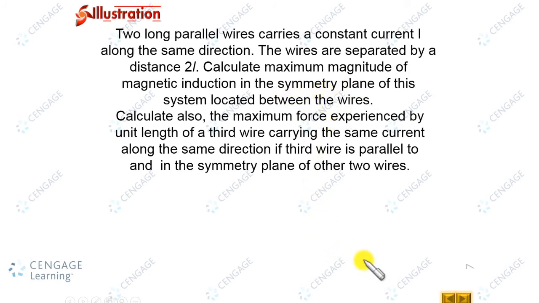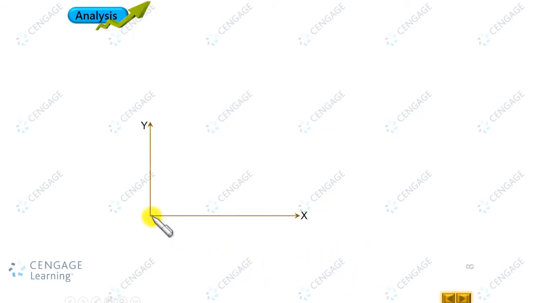So let us make the diagram of this situation. Suppose the current carrying wires carry current perpendicular to the plane of the screen and toward you, that is away from the screen, that means dot and dot. Say this is wire 1, this is wire 2, placed at position A and position B. The symmetrical plane will pass through the middle point of these two wires. The separation between these two wires is 2L, that means the symmetrical plane will pass through distance L and L from either wire. So this is the position of the symmetrical plane.